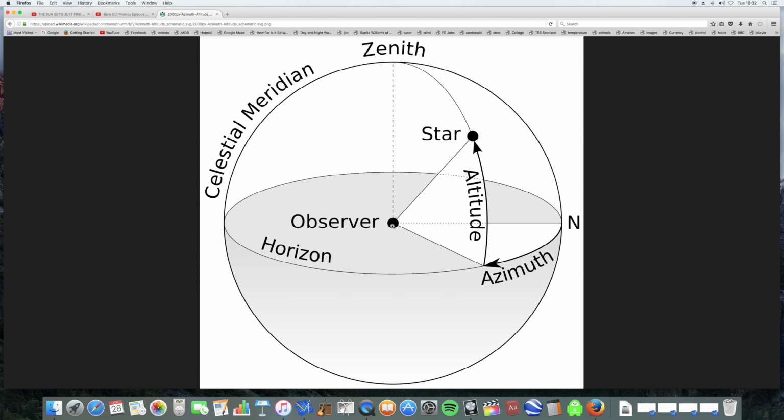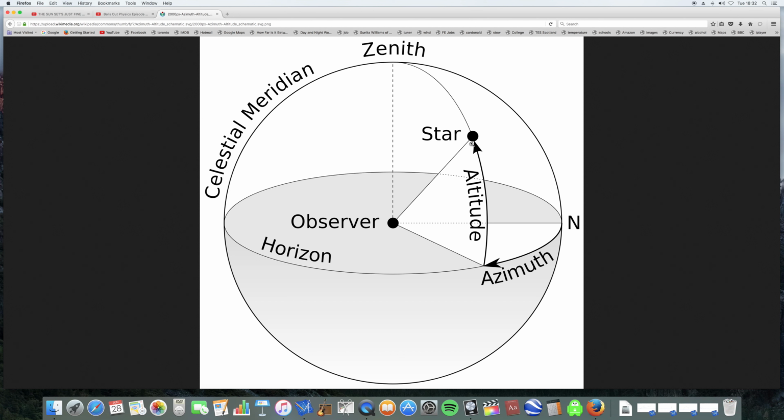So to determine where something appears, you need two angles generally. You can choose what they've got in this diagram here, the azimuth angle and the altitude angle. The azimuth angle is basically the compass bearing, which is an angle measured clockwise from north. The altitude is just the angle of elevation, which is the angle measured from the horizontal up. So you need two angles.